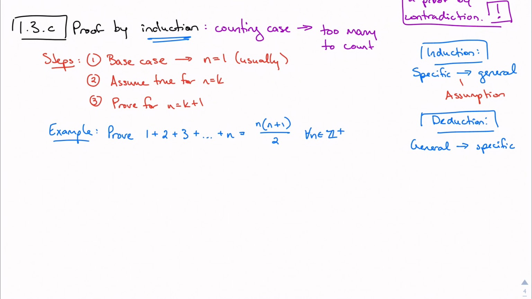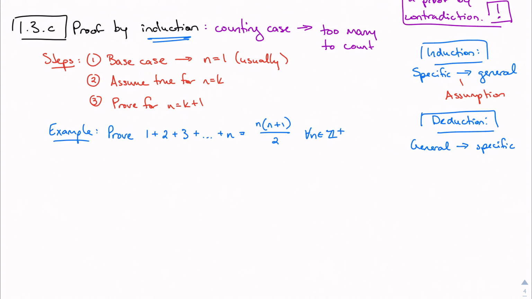Step number 2 is to assume that the statement is true for some number of cases, right? We're trying to prove it's true for, say, all integers or all natural numbers. So we assume that it's true for some number of those cases. And then we're going to prove it for the next case, and to say that if it's going to work for, say, the next case, it's got to work for the ones all before that. So we have specific case, base case, we have assumption along the way, number 2, and then we have general case